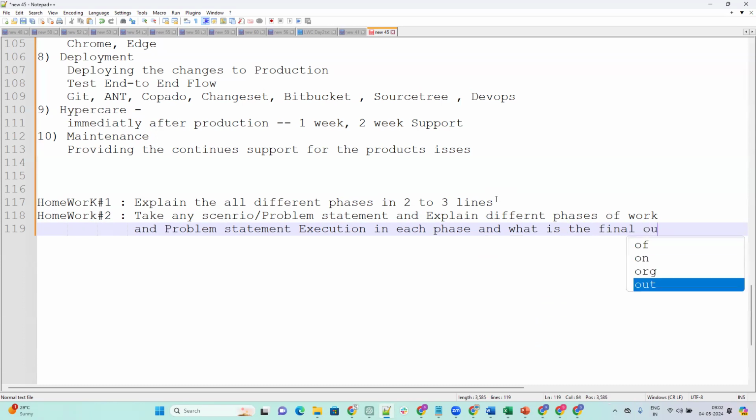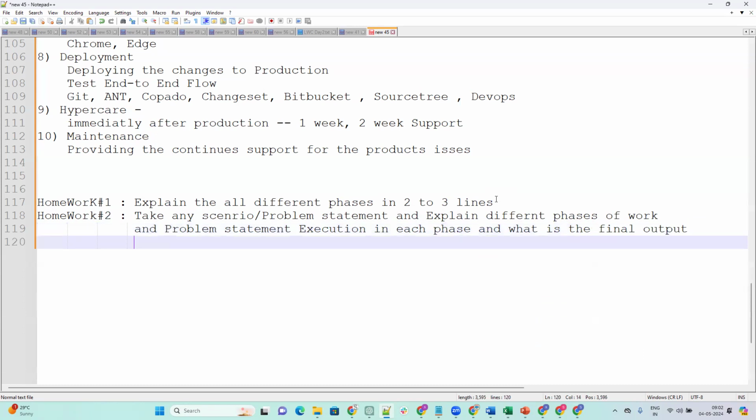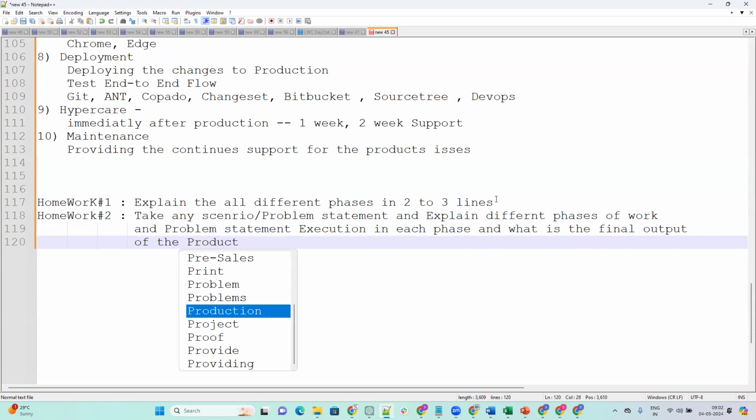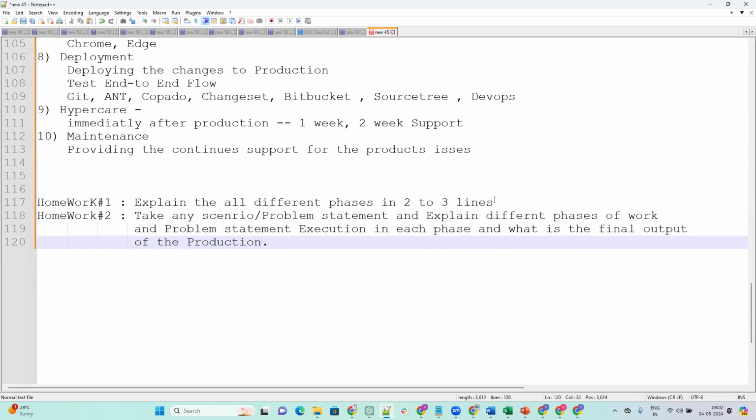What is the final output of the production? These two are the homework, and also